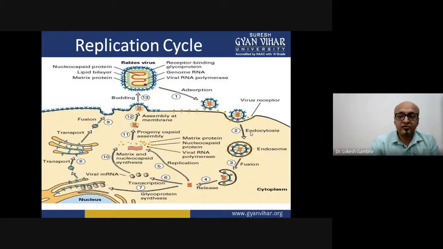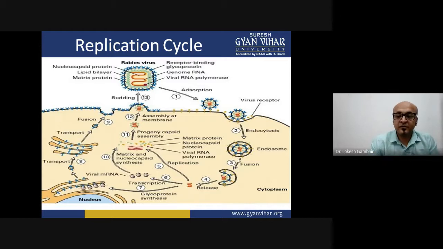The endocytosis leads to the formation of a bubble of membrane in which the viral particle is present. This is called an endosome. In this endosome, the process of fusion will release the RNA molecule inside the cytoplasm. It never releases the complete bullet shaped particle as we have seen in the earlier cases. It will now release the RNA molecule, the negative strand RNA genome.